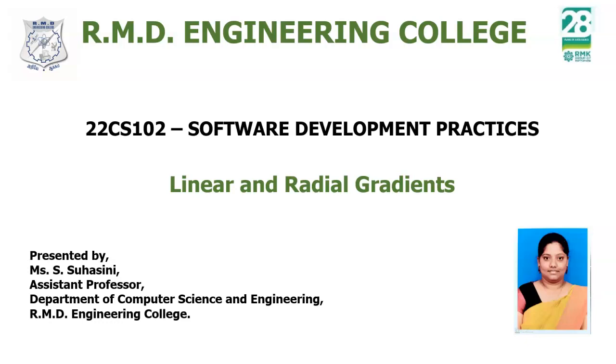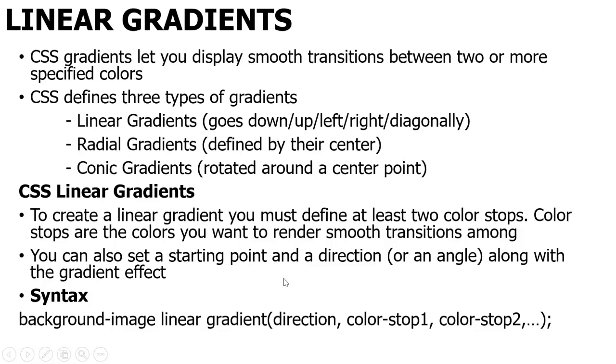In this video lecture, I am going to discuss the topic of linear and radial gradients. So first of all, why we go for the linear gradient: it is one kind of CSS styling. How we are going to apply this is for changing the colors, how you will be applying a color at a fixed point. It can be in the ratio that you give, and how the transition is going to happen between the colors. Between the colors, you can specify your own colors and how your linear gradient is going to